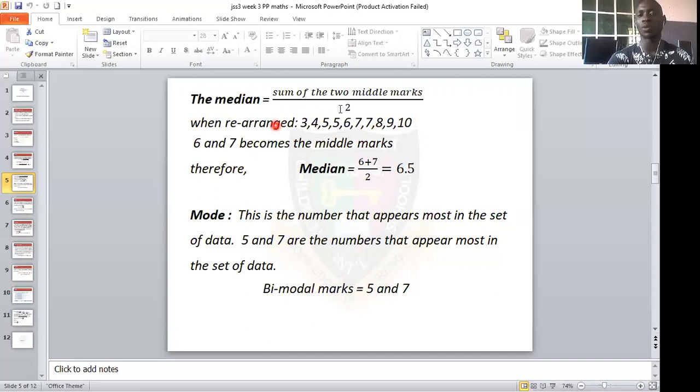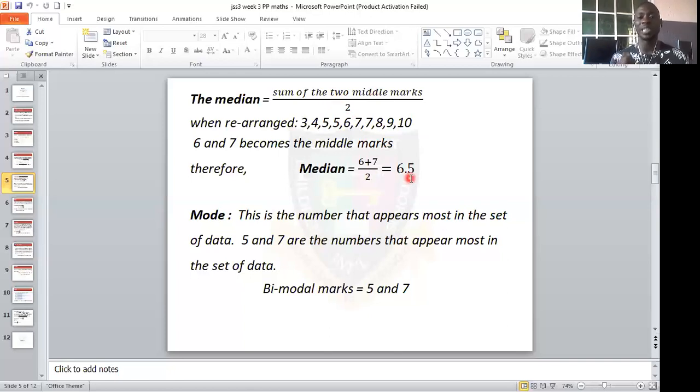So it's the sum of the two middle marks. In case you have one middle number, like an odd arrangement, I say odd arrangement, like when the total number of the set data is an odd number, that is probably 3, 5, 7, 9, 13, you have a single middle number. But in the case of even numbers, most times you have two middle numbers. So you add the two numbers together divided by 2